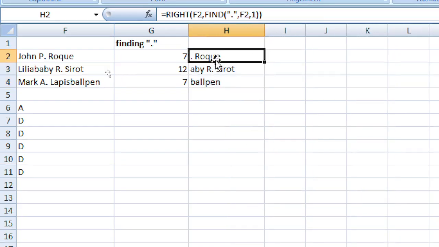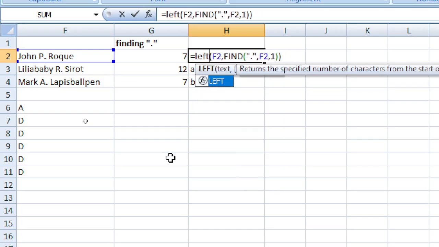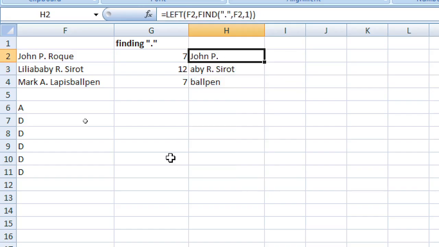Okay, so let's try the left, because there is right, so there is left. So from the start it will go to Jan P. Okay, so